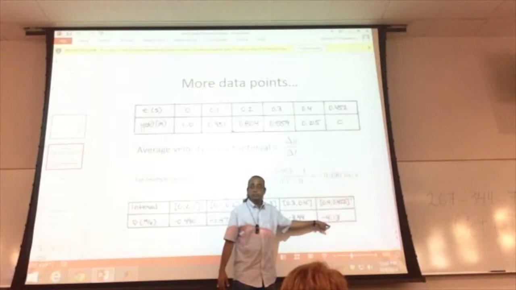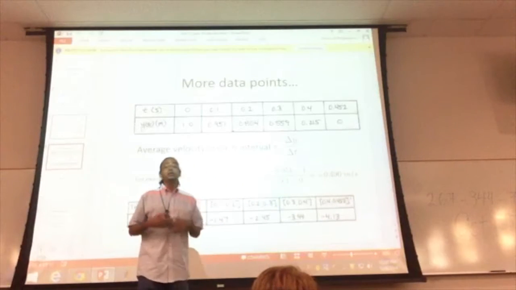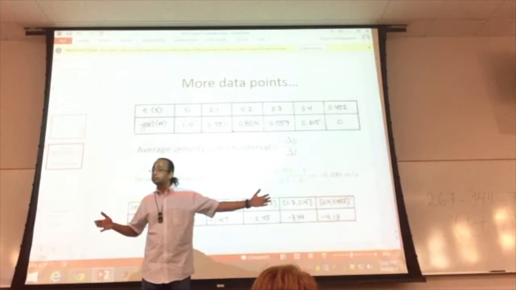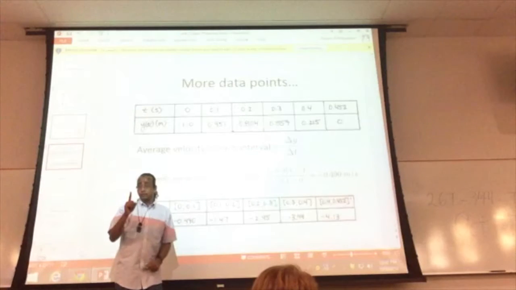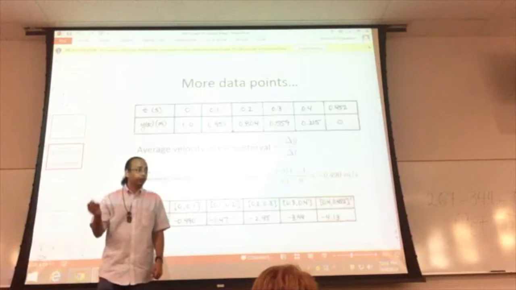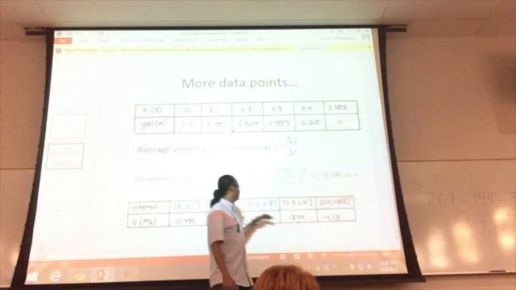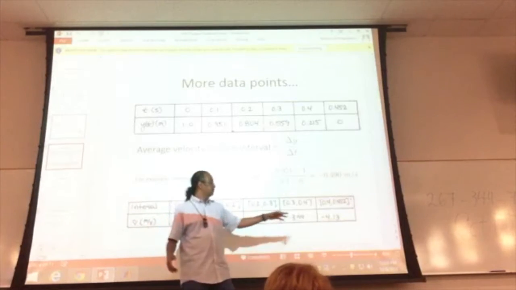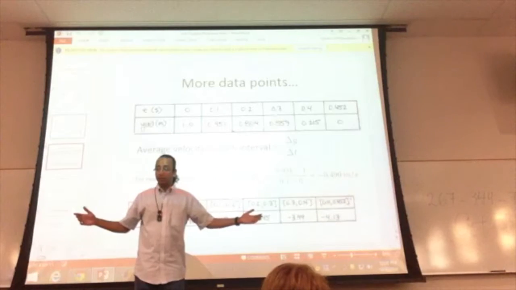It's going to increase slowly, but not very much. It's going to increase slowly, but now in the limit that I have infinite intervals between the first and the last one. So I had just one interval, and that gave me a velocity of 2.13. I have 6 intervals, and we see that it's starting to plateau. Now, if I had 60, this value is going to increase, but it's going to flatten out even more. If I had infinite,